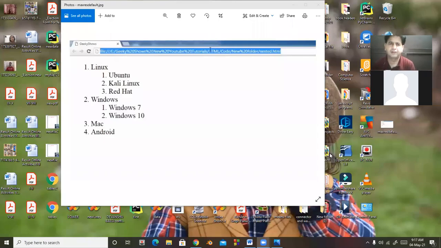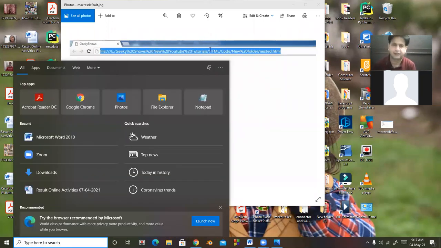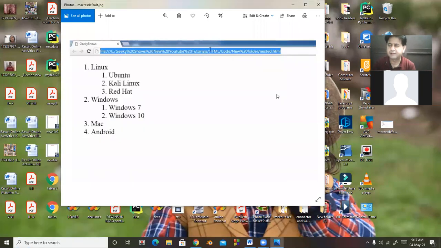Okay, good morning, students. Today we will revise lists, and moreover, nested lists. A list is an organized way to represent data. There are three types of list: number list, bulleted list, and definition list. But remember, there is, you can say, a fourth type of list, that is a list inside a list. This is a nested list. We can't say this is a type of list, so it is a structure.